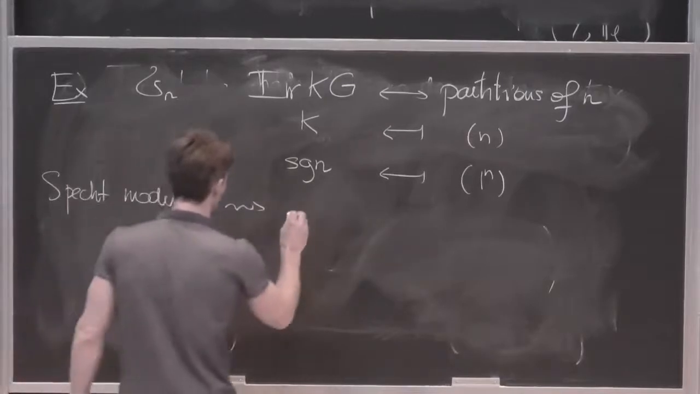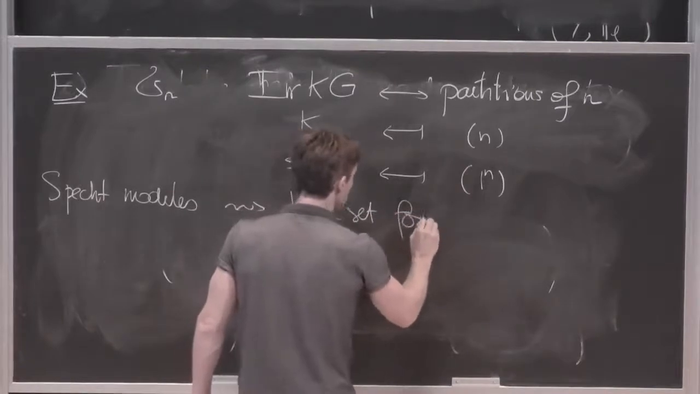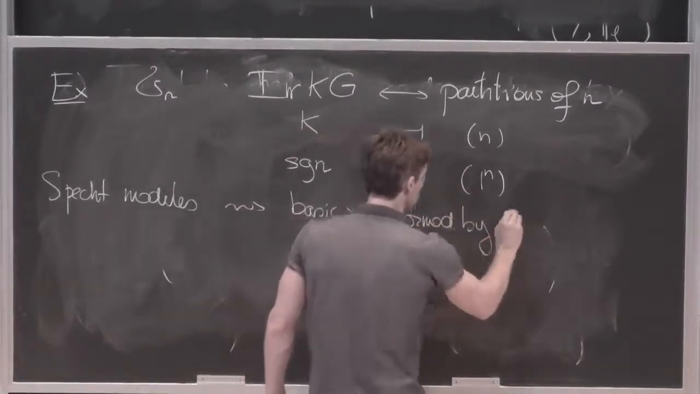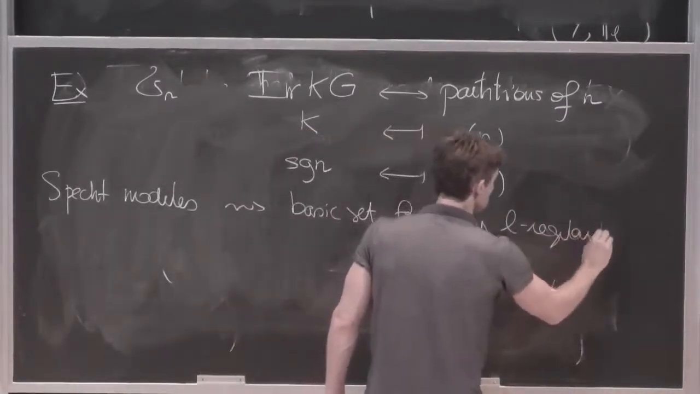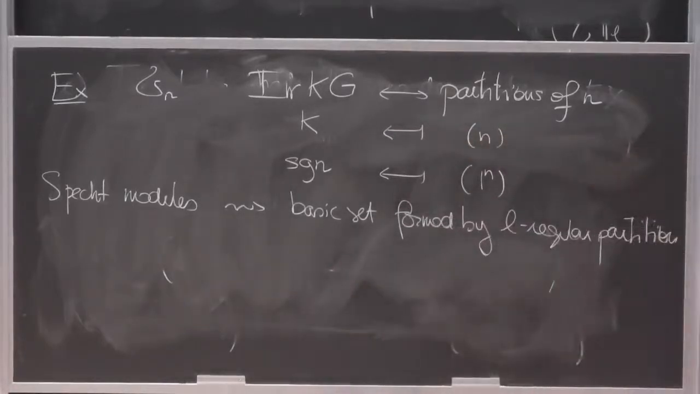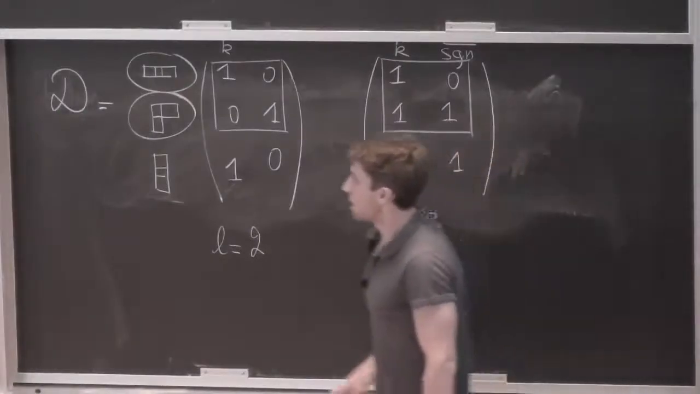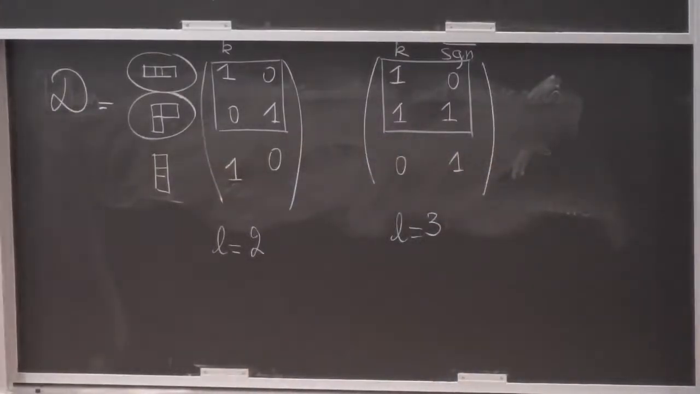That will give you some basic sets formed by L-regular partitions. And the good thing is that it's really like in this example of S3: these two are exactly the 2-regular and the 3-irregular. So here it happens that the basic set is global, but it won't be for various prime numbers and various symmetric groups. But the fact is, if you want to deduce from this basic set a basic set for A_n,